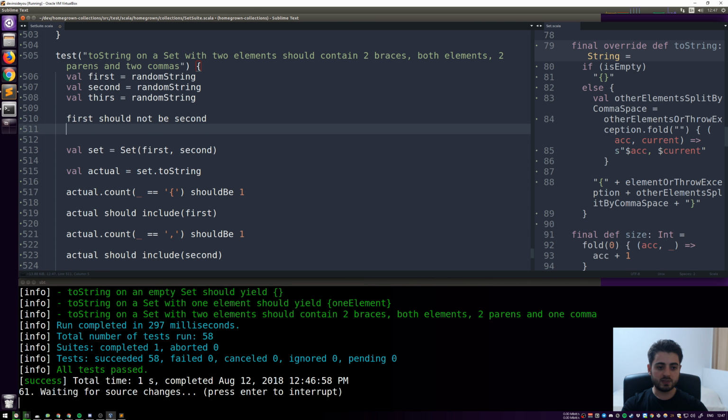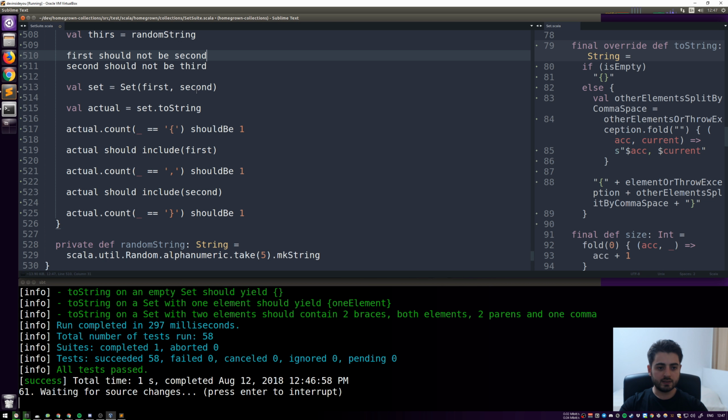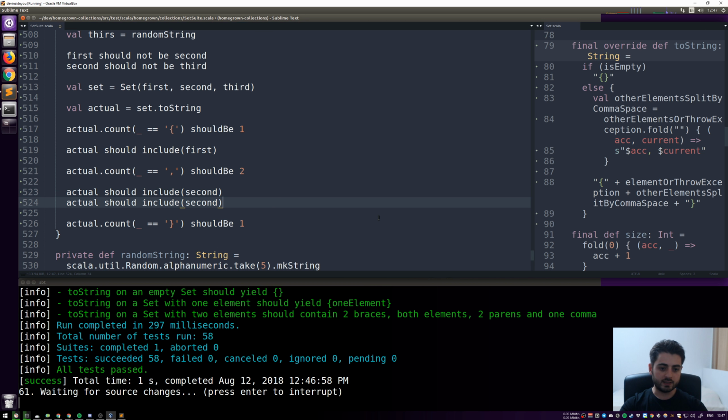So first should not be second, and second should not be third, and therefore first is not going to be third. Everything is still the same, and over here we have the third as well. So we still have 1 here. We just need 2 commas, and I guess we're going to add this test over here, third,